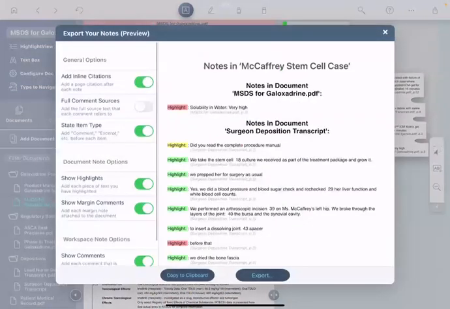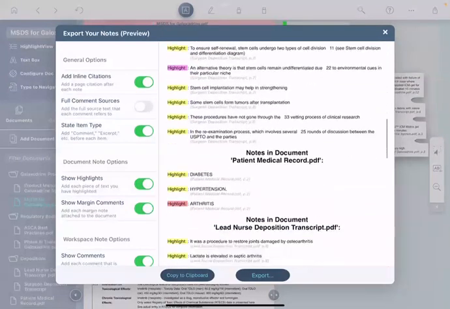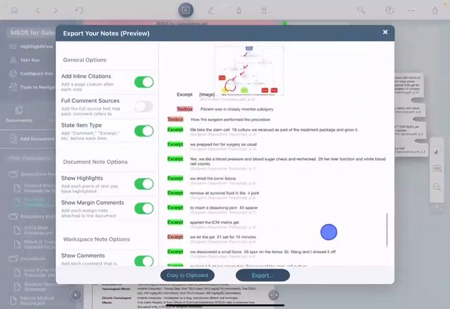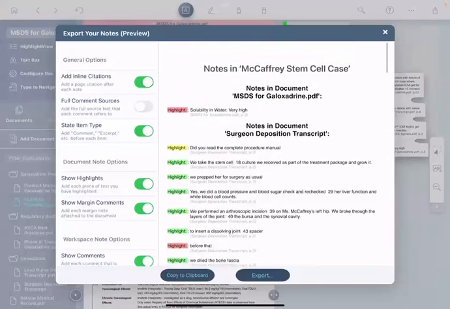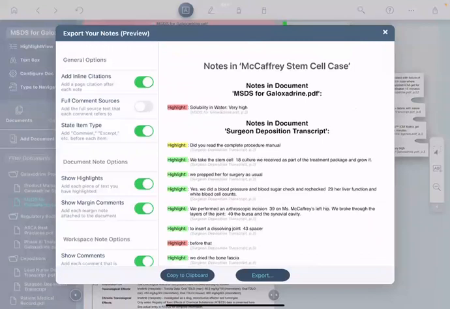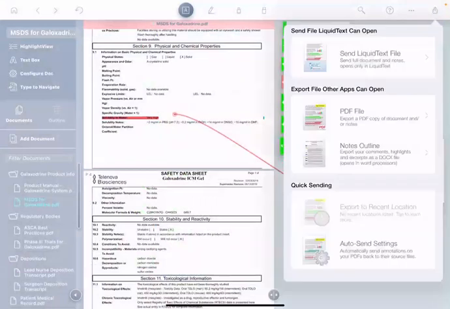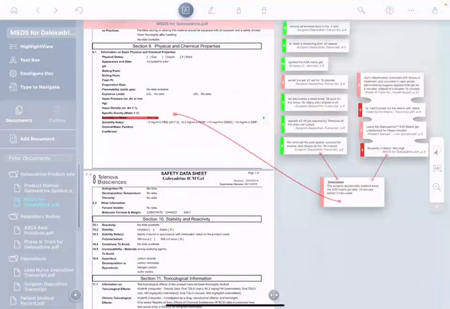And look what LiquidText does. It takes all of my highlights and all of my notes and it organizes them into a nice linear document with pictures and everything that I can send right off to the judge or to my colleagues. Likewise, I can go to export, send this to Microsoft Word or Google Docs and start editing it, polish it into whatever form I need it in. Likewise, if we have someone who wants this in PDF, we can actually do a PDF export where we export the entire workspace along with your documents as a single PDF that they can open and even click some of the links and be able to get to the sources.